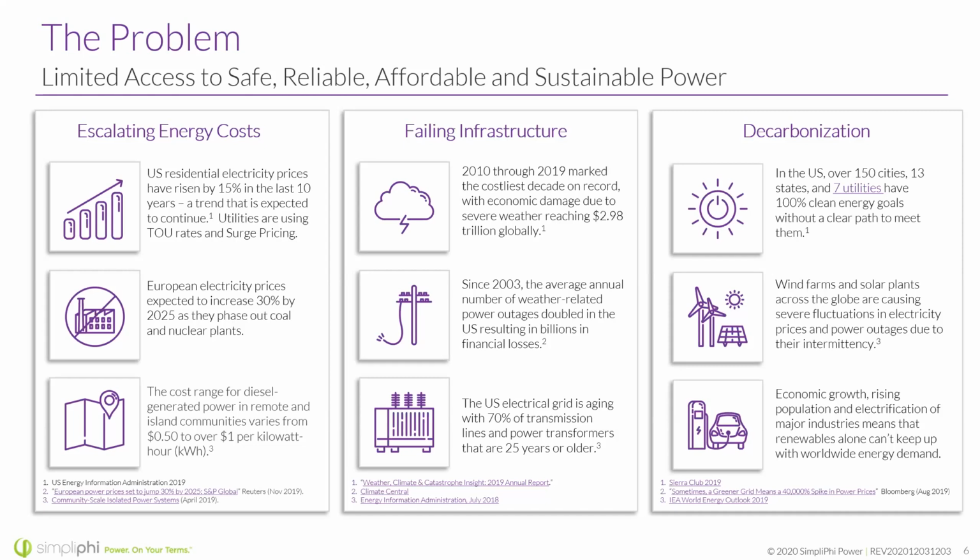So failing infrastructure is becoming a pretty big thing when it comes to why a customer might want to add a battery system. The U.S. electrical grid is aging, and we have to look at ways that we can add to that. My key word I always use is distributed assets, as a really easy tool to boost the infrastructure, and really selling that to a customer as, by even just adding a battery to a system, like a home system, maybe a solar system,